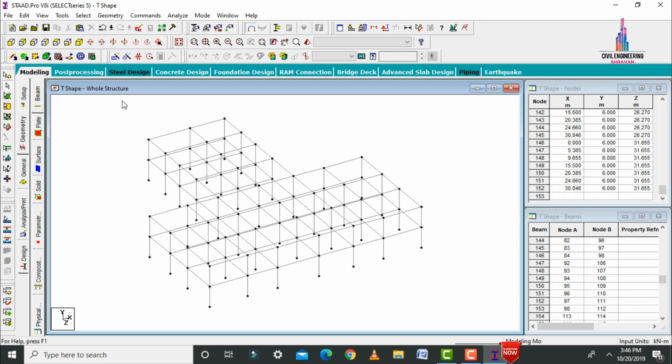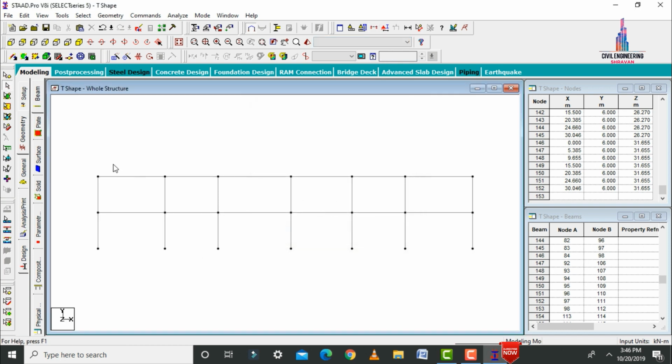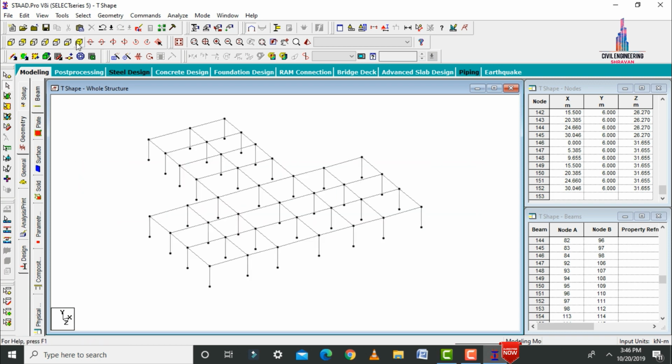So before creating the 9-story structure, initially we need to add the slab section for this story. Click on front view, cut section command, select view option, click on OK. So here we have to cut the first story for this respective building. Now we have to add the 4 node plate: select the 4 node plate option, select first point, second point, third point, fourth point. Again in the same way we have to add the 4 node plate for the remaining structure also.